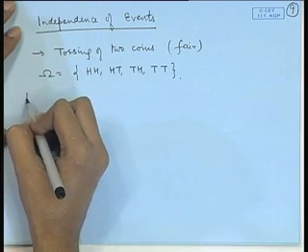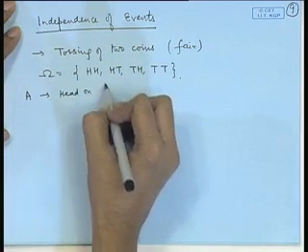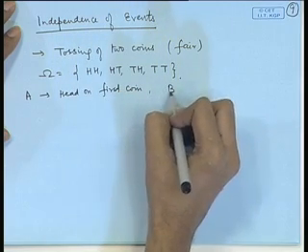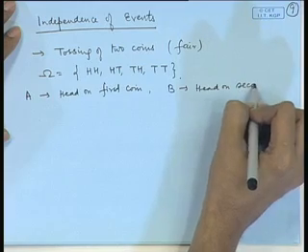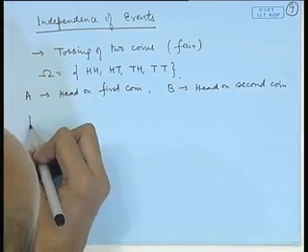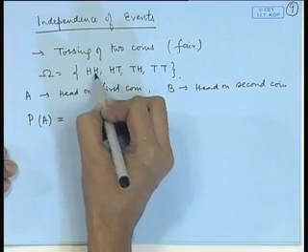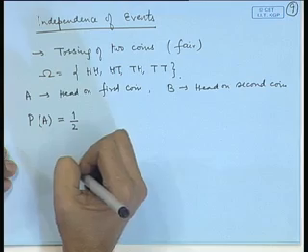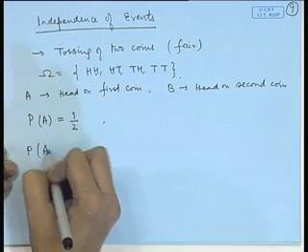Suppose I consider my event A as head on first coin and B is the event head on second coin. If I look at the probability of, say, A, head on the first coin is in HH and HT, so it is half. Suppose I consider probability of A given B,